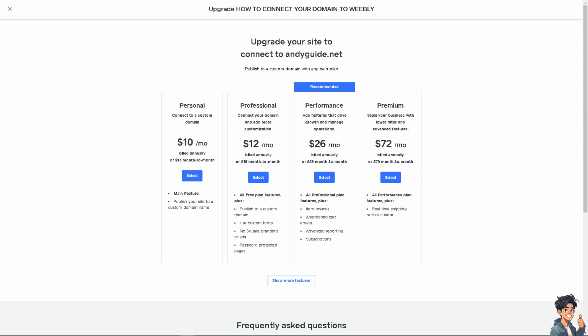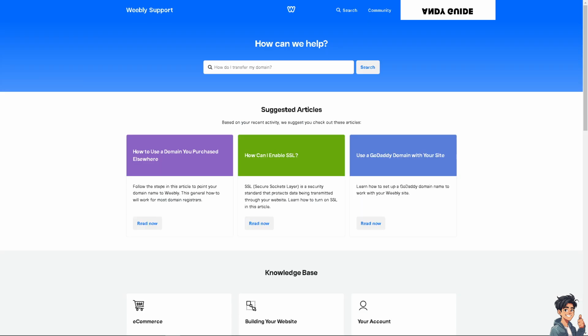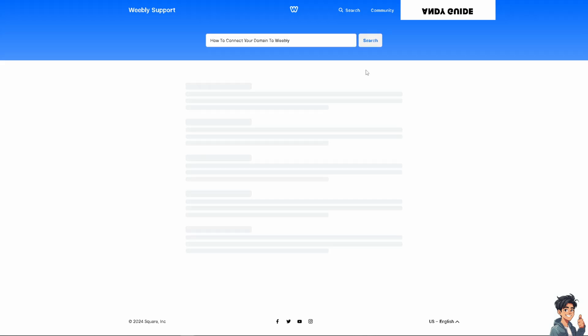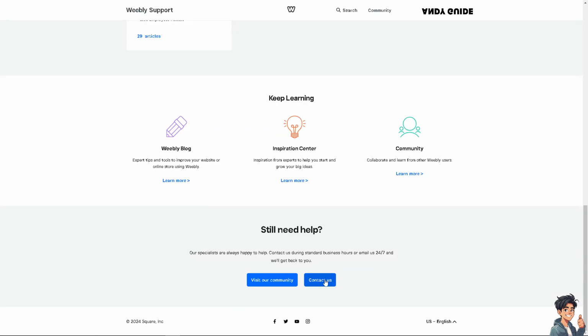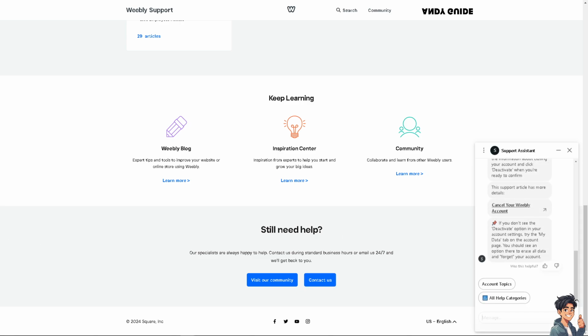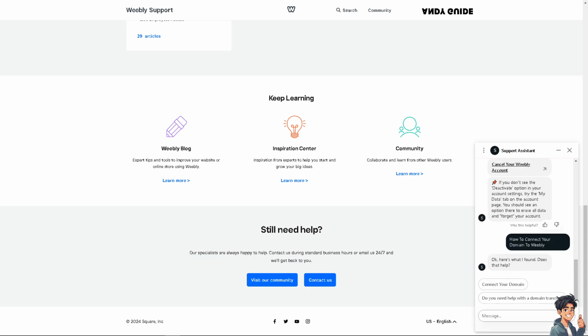But if you do encounter any problems connecting your domain to Weebly, you might want to go to the Weebly contact support and here type in your question, which is going to be, okay, press enter to see if you get an answer. Or there's an option at the bottom that says contact us. Click that. And you would have a pop-up chat bot here that we might want to ask some questions to see if we get an answer. All right, just wait for it to load. Enter your question to see if we get an answer,